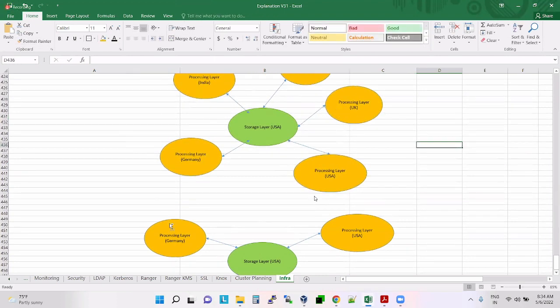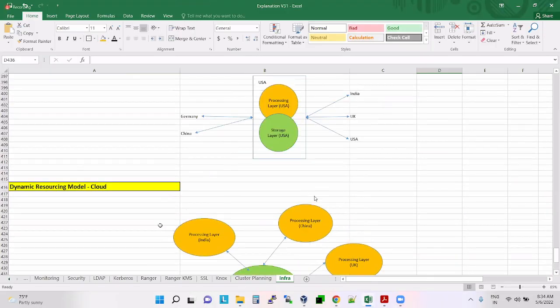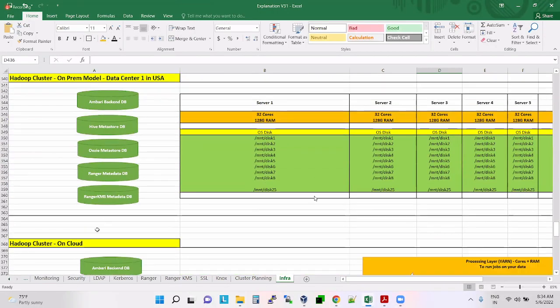So I hope you understood how it is working in the cloud model. Guys, don't be confused about Hadoop. Hadoop is Hadoop, but where you install Hadoop makes the difference here.